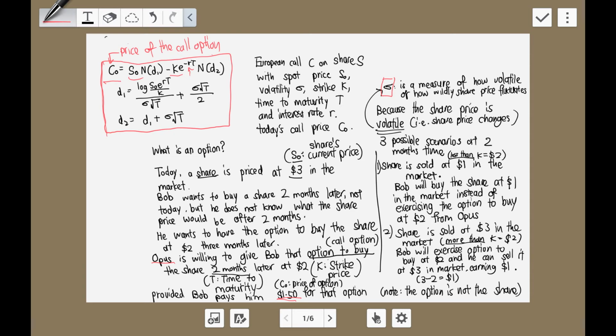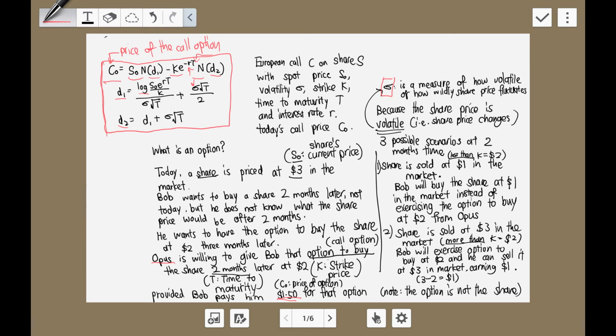And T is the time to maturity. That means from now to the time that you can exercise the option, how long is that, right? And then D1 and D2 here is actually an elaborate formula. This is the log function over here. S naught again is the current price of the share. R and T I've explained, K also I've explained. Only the sigma, this sigma means the volatility of the share. That means how much the share price fluctuates also affects